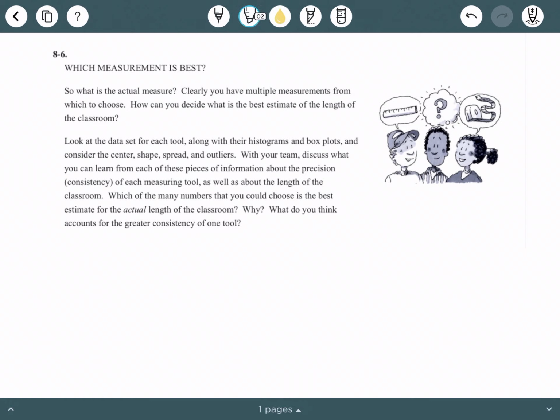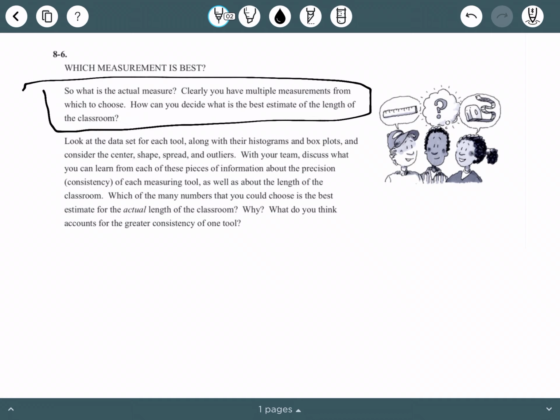So we have a lot of parts to talk about in this question. So let's look at this first part here. So what is the actual measure? Clearly you have multiple measurements from which to choose. How can you decide what is the best estimate of the length of the classroom? So for this,